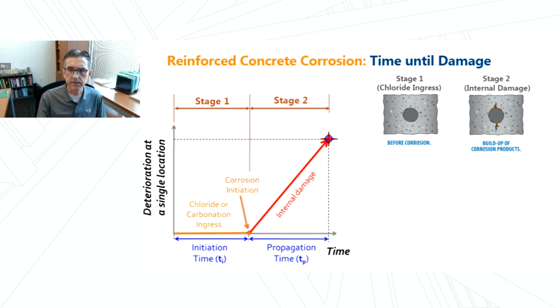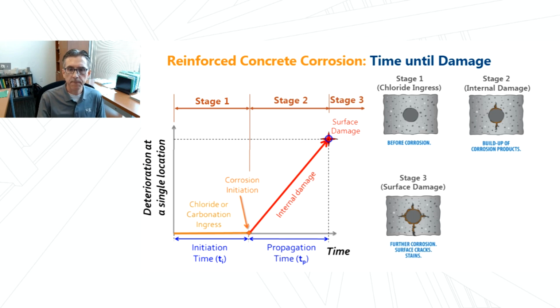So we get expansive internal stresses that cause cracks to radiate outward from the steel. At this period of time, corrosion can be happening, but there are no visible indications that corrosion is present or is ongoing. Eventually, the corrosion damage will get severe enough such that the cracks erupt at the surface, and we get surface damage in stage three. And as it progresses further, typically we'll get delaminations, eventually spalling that exposes the steel, and we may experience severe